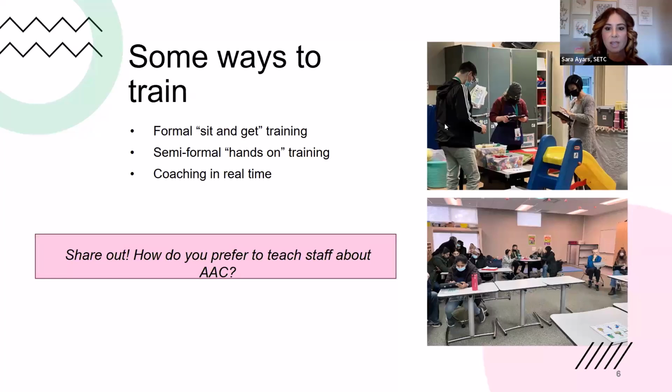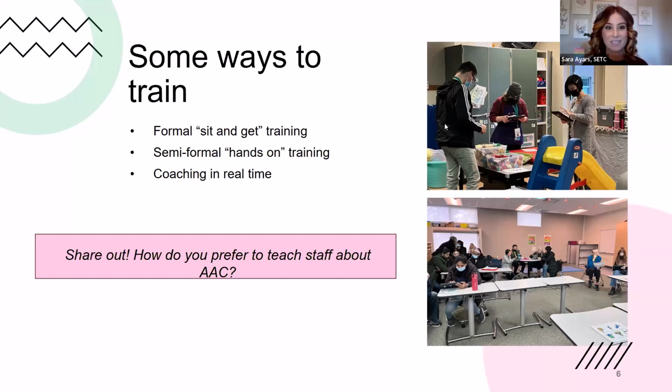smaller groups I've found. So it might be like the photos that you see here are a group of paraeducators in 2 different buildings, and getting that hands-on time that we talked about, where you bring as many devices as you can and let the educators try them and play with them. And what you see in that top picture was a fun, engaging activity where they were going on a scavenger hunt using their AAC devices to talk to each other and just having to kind of figure it out on the fly, because